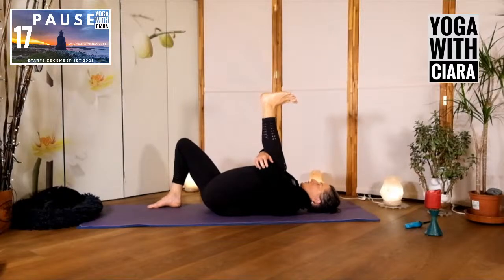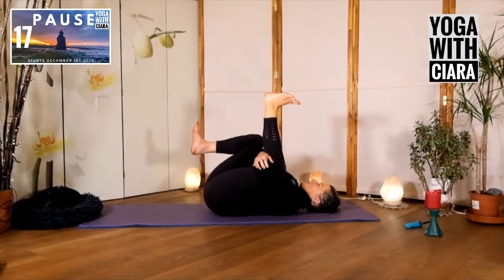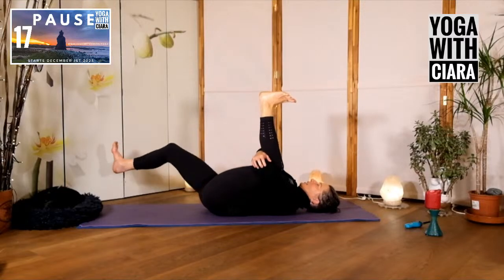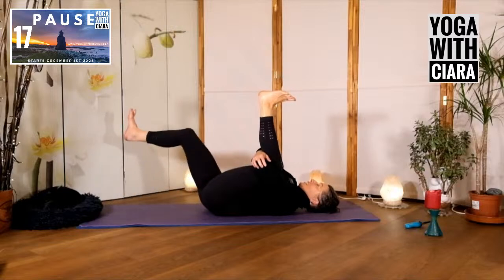Don't let the shortening happen or just the crinkling. So how would you lengthen from your hip to your shoulder on the left side? How would you widen into the left side? How would you get pointy into the left buttock? Nice. Keep that sense of length and let your right leg travel, but keep the focus on the length that you're creating on the left-hand side and see if you can get your